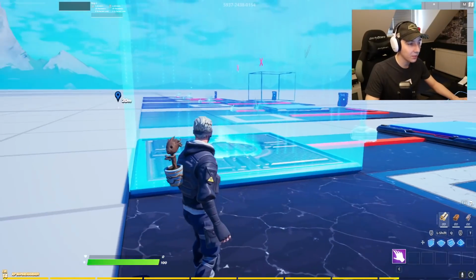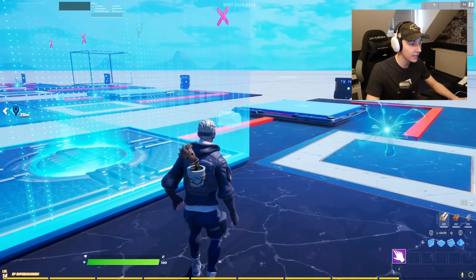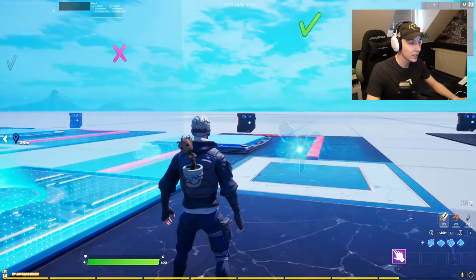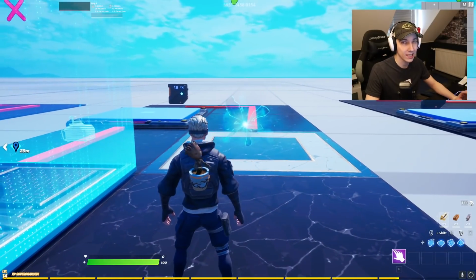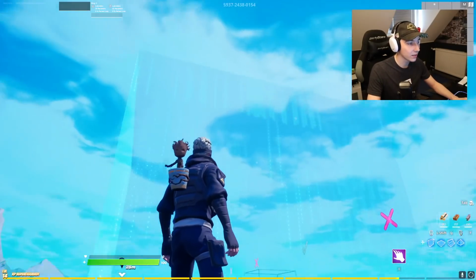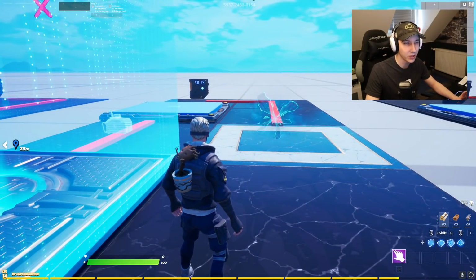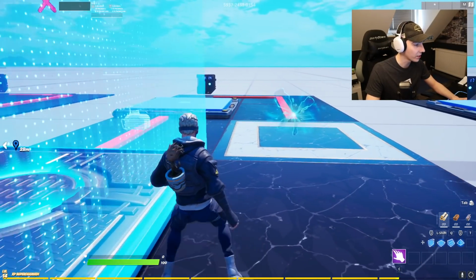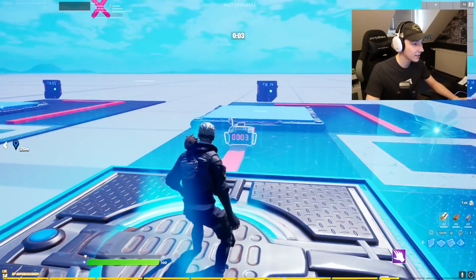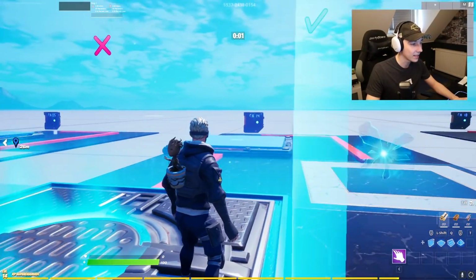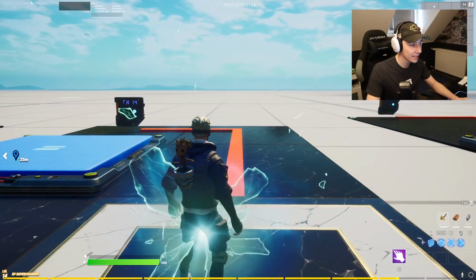So you can see here we set up the mutator zone, and as soon as we step into the mutator zone, we're going to activate our sequence and then get teleported. The reason why it's currently visible is because of the video. Usually you would turn that off so the player doesn't see when they go into a mutator zone or whether they already stand in one. So we stand in here, the timer gets activated, then the sequencer gets activated,